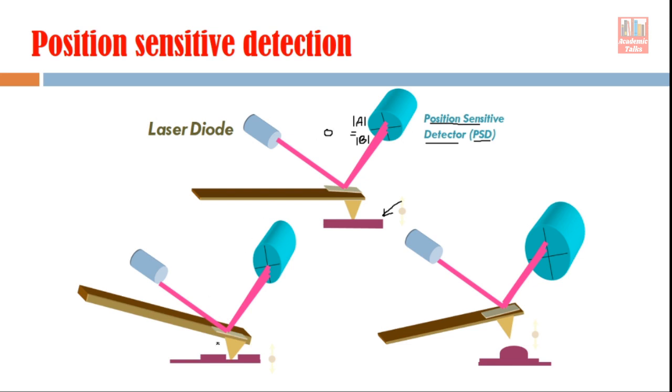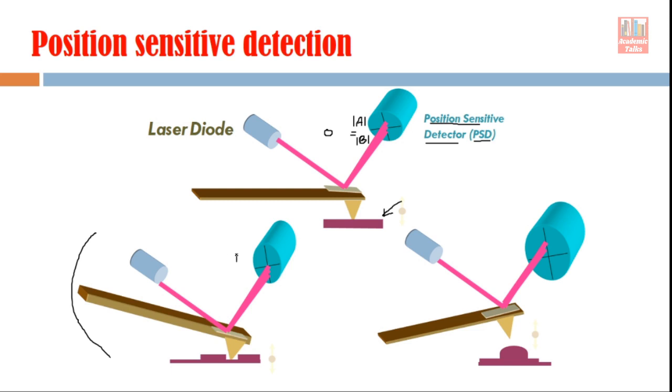But what happens when there is downward bending? That downward bending case is indicated by this part, right? Suppose there is a valley here, and when the tip is scanning this sample surface and approaches this valley, there is downward bending in the cantilever. The light coming from the laser is still reflected back, but when it reaches the detector, the major part of the light reaches the lower half and less reaches the upper half.